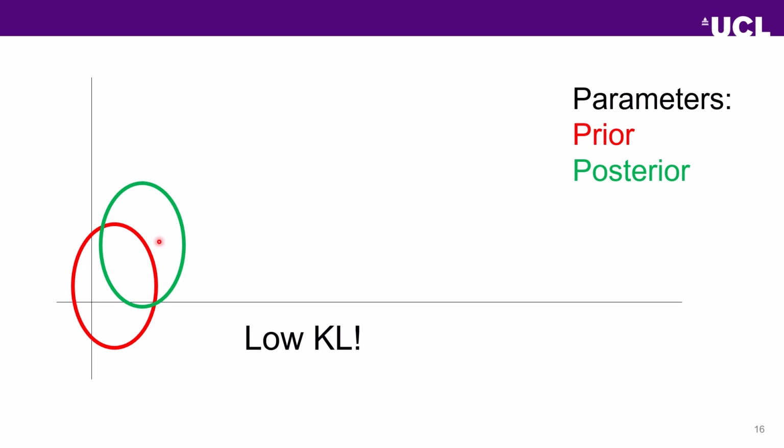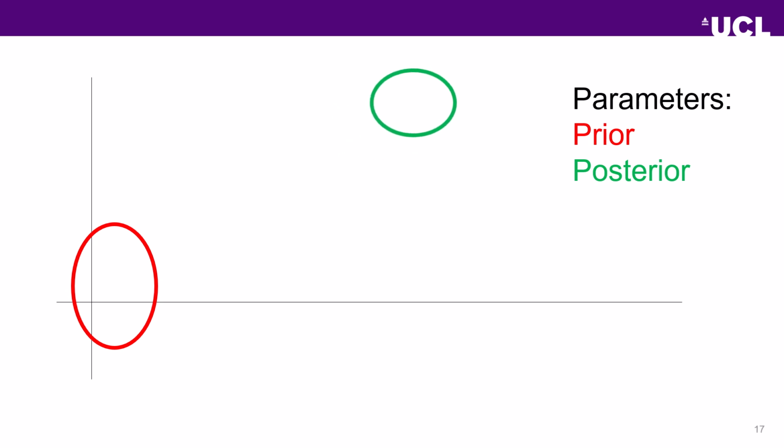Our prior and our posterior will not move very much. And I must give credit to a Will Penny presentation I've borrowed this from. But if perhaps our posterior becomes like this, it will give a high KL score. So we have a large move from our prior, and we define this as high complexity in the model. And this is, of course, for every parameter in the model. So if we have a lot of parameters and a lot of covariates, this will probably increase the complexity.